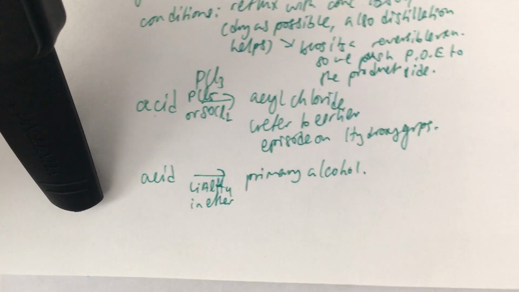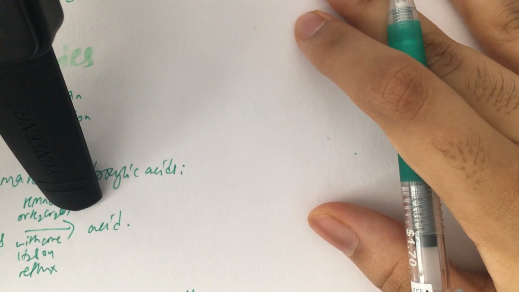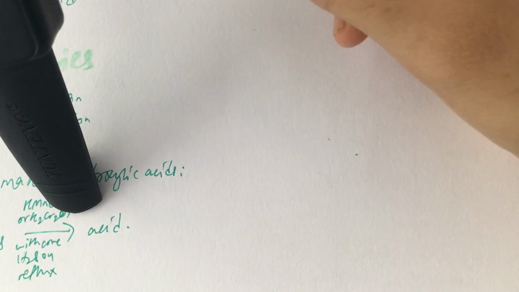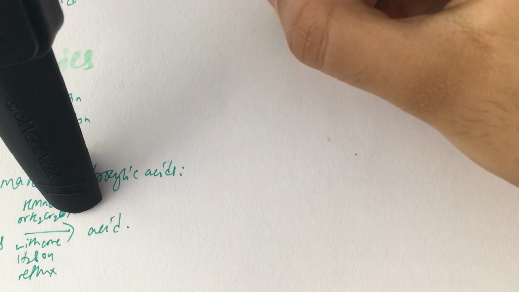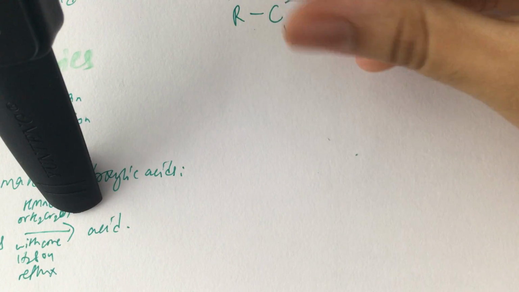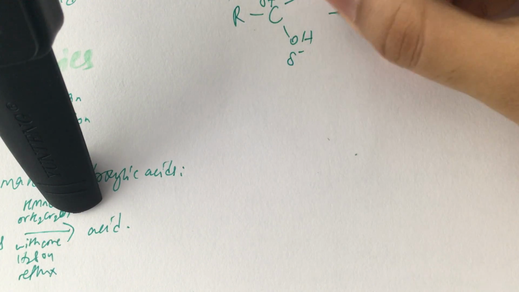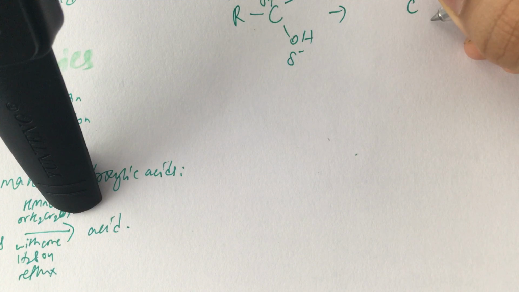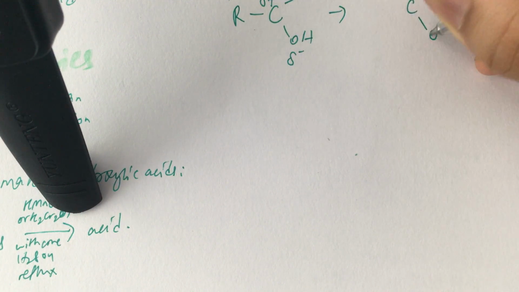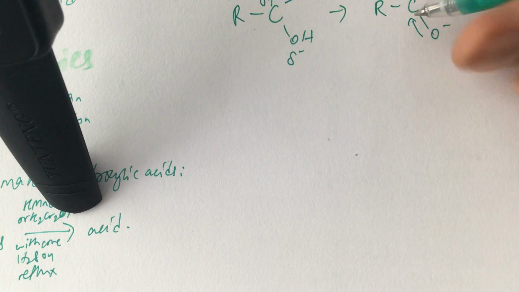So the next learning outcome is to explain the acidity of carboxylic acids and of chlorine substituted ethanoic acids in terms of their structures. Basically, carboxylic acids are acidic because they're called an acid, but that's not the reason you should be using. The reason is that you have this OH group and also a double bonded O. The double bonded O makes the carbon even more delta positive, and therefore it drags the